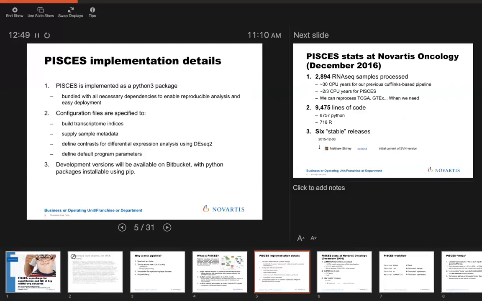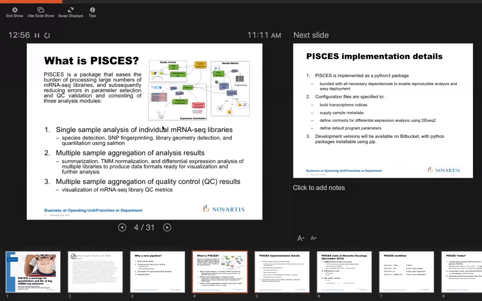The way I developed this. What's the library geometry? Yeah, great question. I don't have a slide for that, but just verbally, you can have different geometries where if you have paired-end data, the reads can be facing each other. Usually, that's the geometry that you have. You can have reads that face outward. You could have fragment reads. You can also have, for paired-end libraries, if you have a strand-specific library where you're generating cDNA from only one of the strands and not generating both the complement and the original strand, you can have the first read start on either the original strand or the complement strand. So you have to actually determine that before you run the